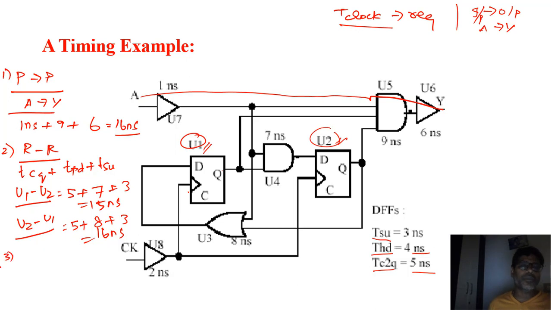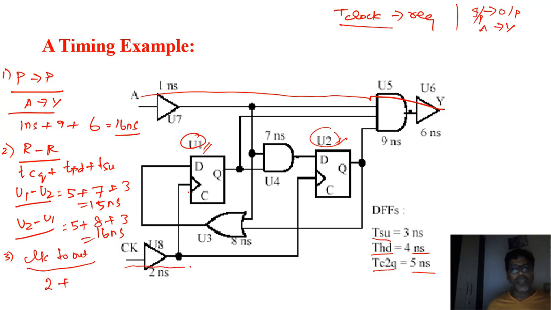Now we would like to see the third path. The third path is clock to out, which means clock to reg, reg to out. Let's try to calculate. In this case, you have two ways. From clock, this reg and this out. That's one way. From clock, this reg and this out, this way also you can take it. But what you could notice here is both have the same delay. So I'm just taking only one. Let's go by this. Clock has 2 nanosecond.